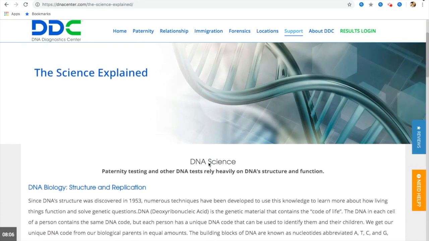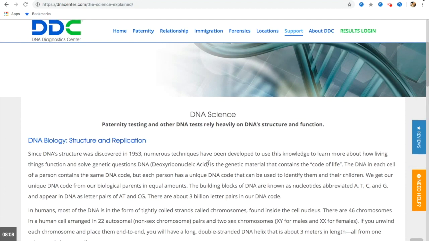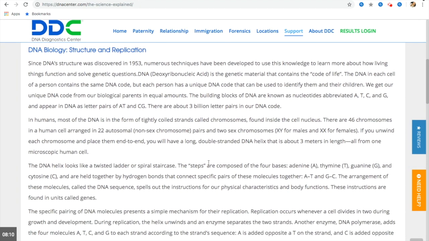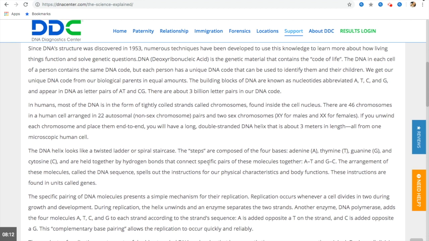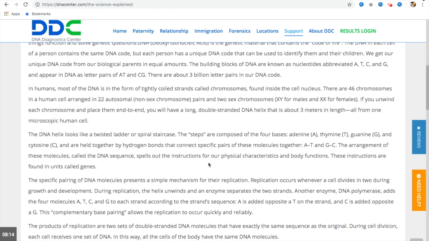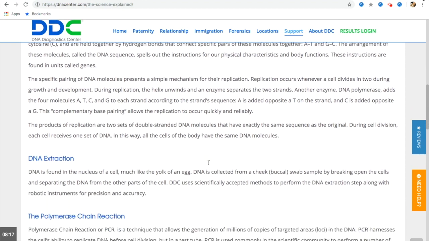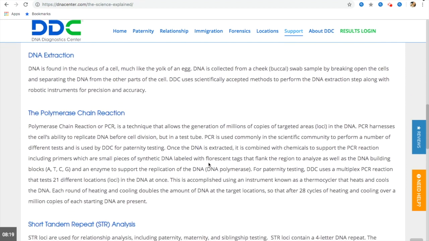This is my most used resource, and it really does a great job of explaining the history of DNA testing and how they extract the DNA,